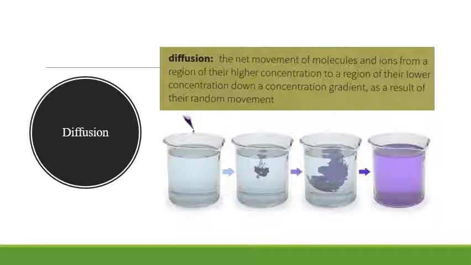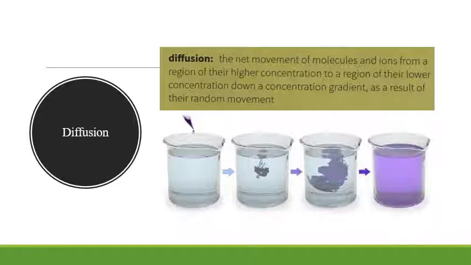So with movement in and out of the cell, we have either active transport or passive transport. And active transport requires proteins and chemicals and energy in order to get larger molecules across the phospholipid bilayer. But there's also passive transport, which is when small molecules can freely cross that phospholipid bilayer without needing any